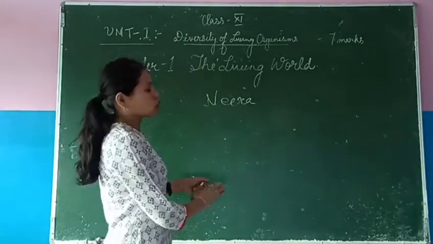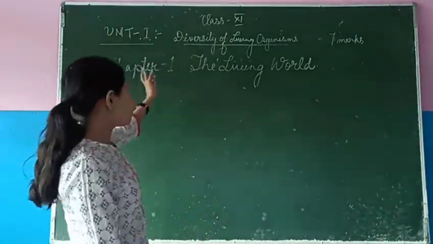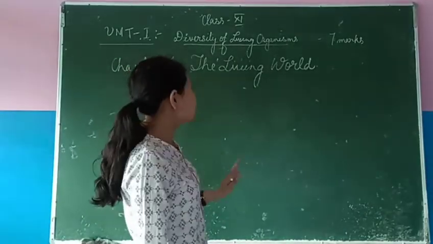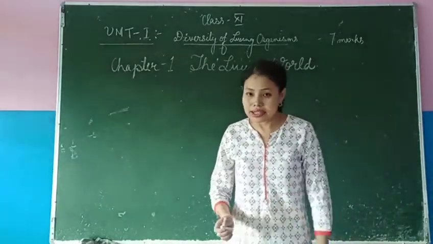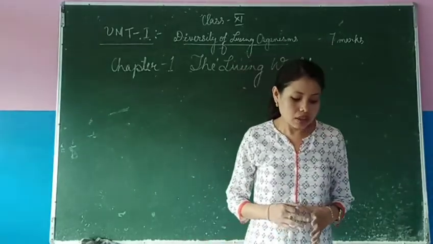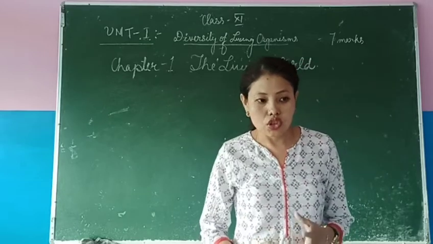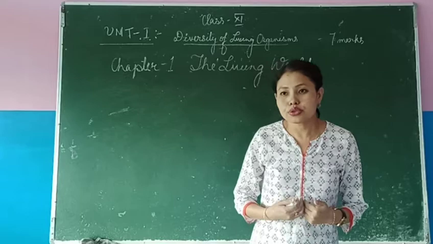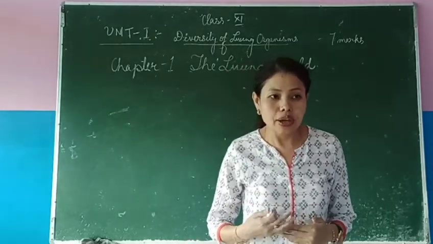The topic that we are going to discuss today is unit number 1, diversity of living organisms, and the chapter is the living world. This unit carries 7 marks in your exam. Though it is not a very big mark, it is considered to be one of the important chapters. Before we go further, I would like you to recall what we have learned about life